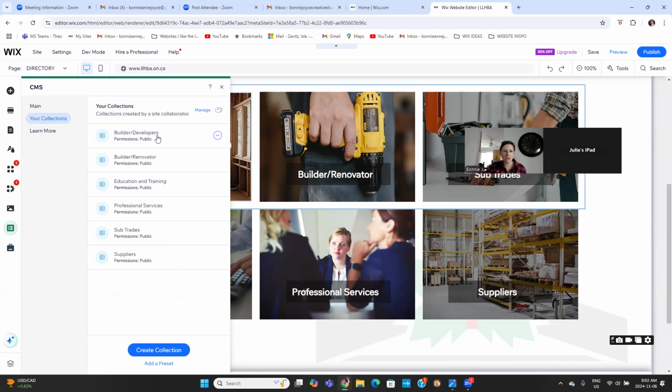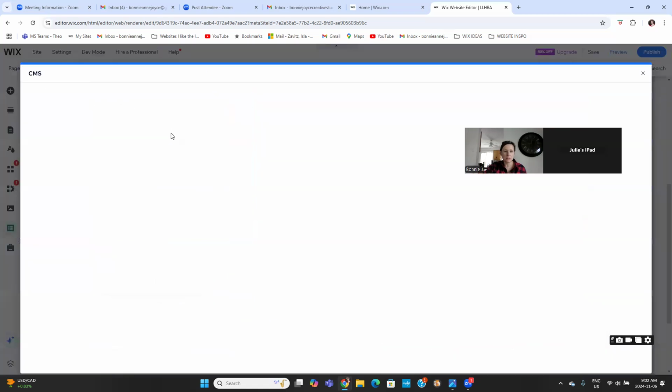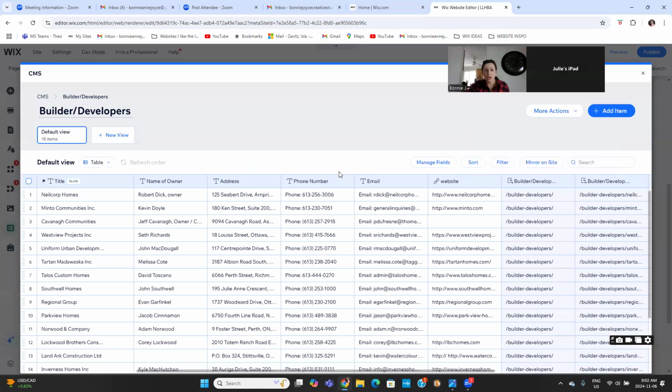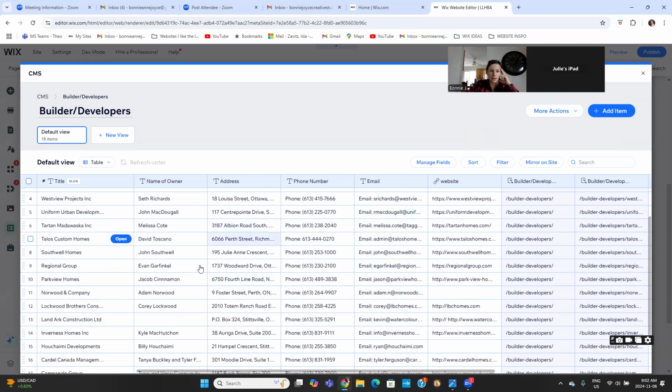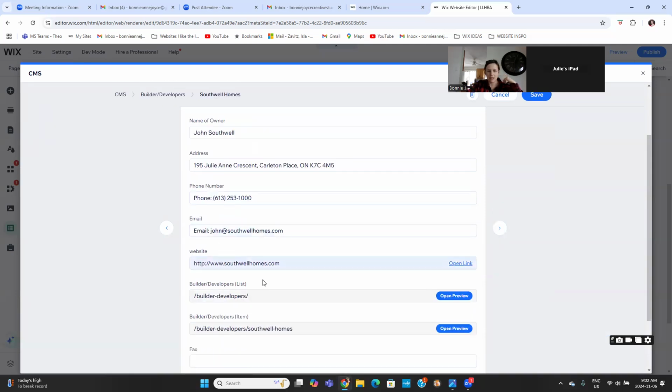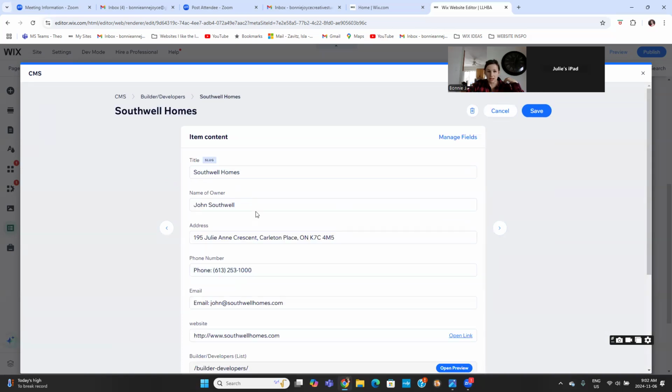and in here you'll find the different groups of businesses. So let's go into builders and developers. If I click on that, it's going to open up this essentially Excel sheet showing all those different builders. So this is the best way to look at these: just scroll over whichever one you're looking at and hit open. And this will show you their title, the name of the owner, these are the different categories that we've added, phone number, email. And so you can edit them right in here. You can adjust whatever details from here and then just hit